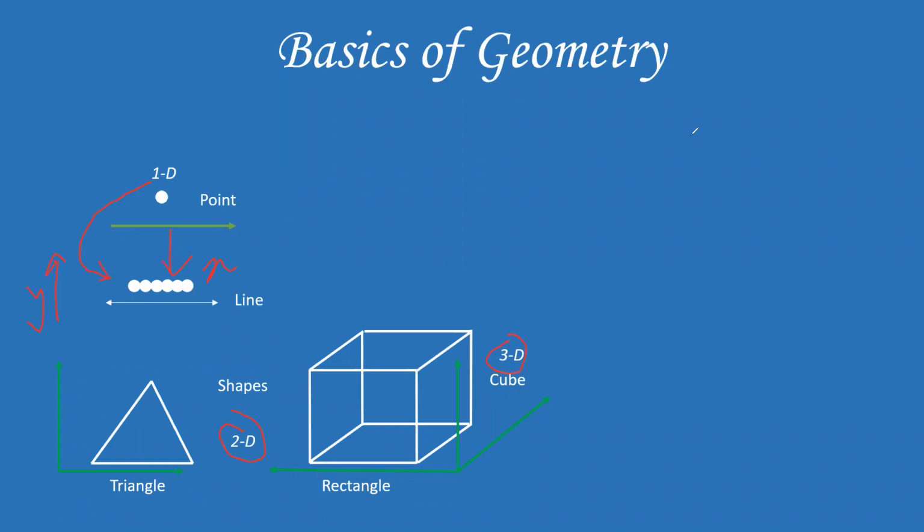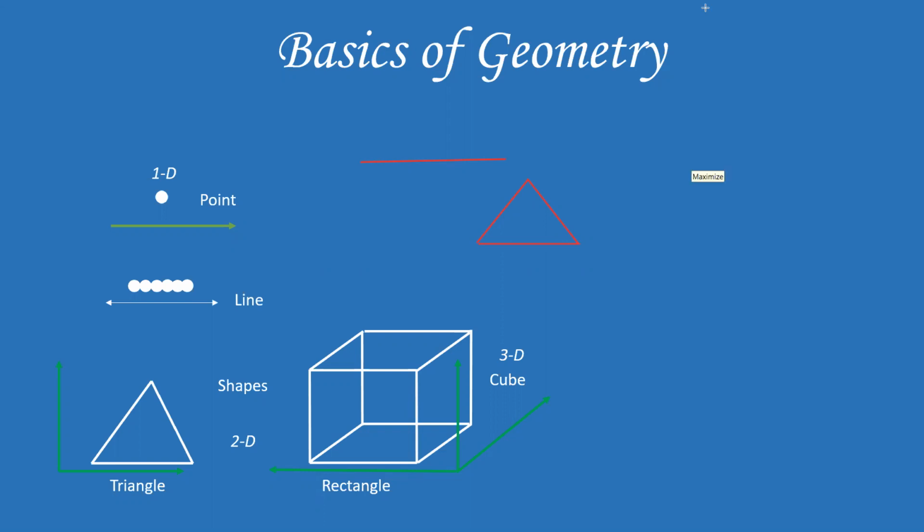Bhaiya, what is the difference between 1D and 2D? Okay, you haven't understood it properly, so let me explain. So 1D, okay, let's look at a line. Let's assume we have a line. Just a minute, I'll draw a better line actually. So yeah, this is better now. So I have a line over here, and let's say I have a triangle over here, like this.